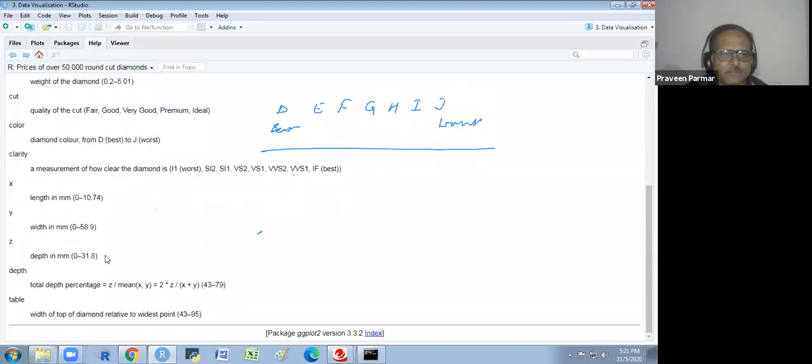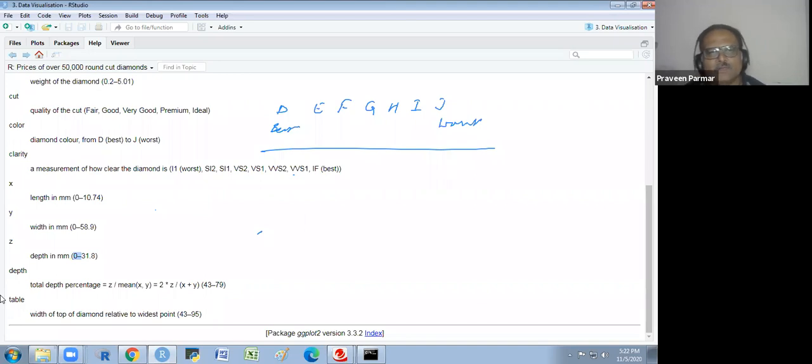They have given another depth, which they calculated through a formula, and that depth is the total depth percentage: Z divided by mean of X and Y, or 2 times Z over X plus Y. And the table is the top of a diamond, the width of the top of the diamond relative to its widest point.